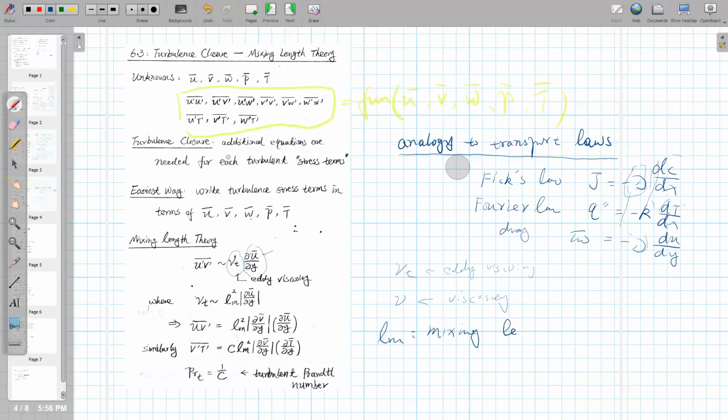It's the length of the largest eddy in the turbulence field. So we assume that this largest eddy's length can be used as a length scale to define this mu t here, and if you do the dimensional analysis, this eddy viscosity will have the same unit as the